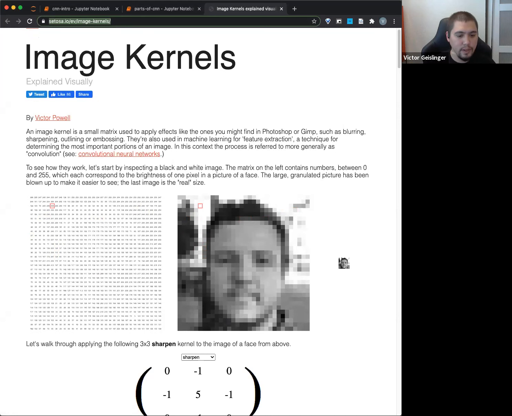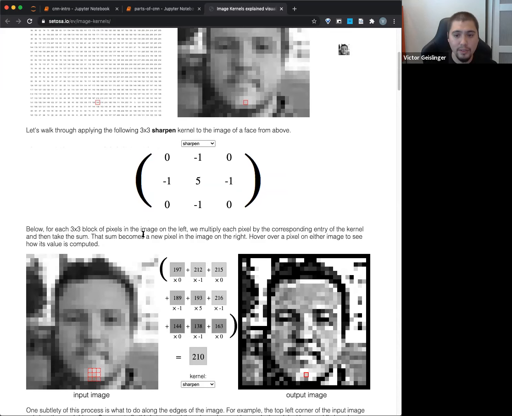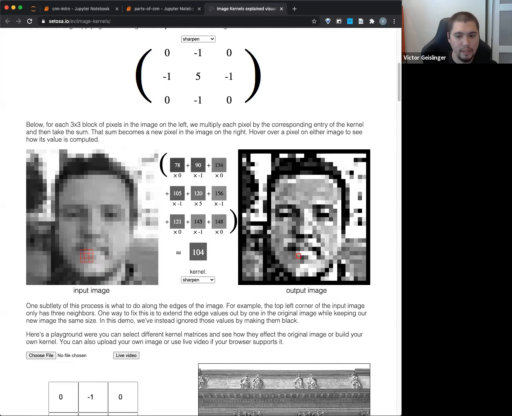There we go. Okay, so you can see this is a grayscale image. This is the resolution natively, and if I drag my mouse on here, you can see these are just little values for each pixel. That's really what the computer sees. And so you can have these filters right here, which is basically the idea of these convolutions.